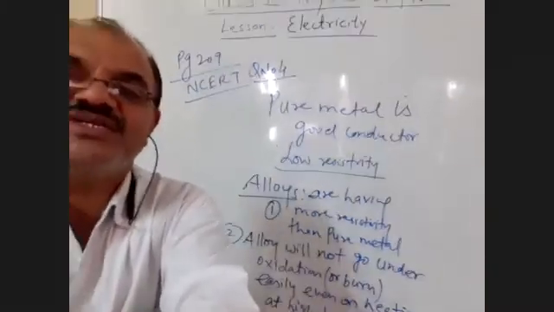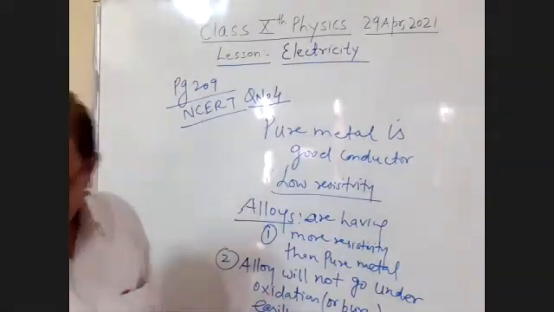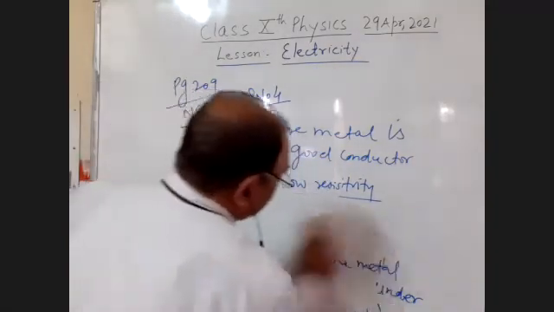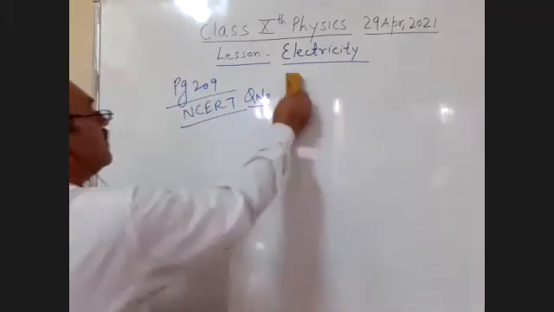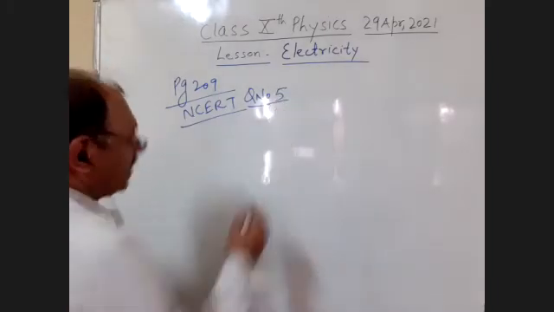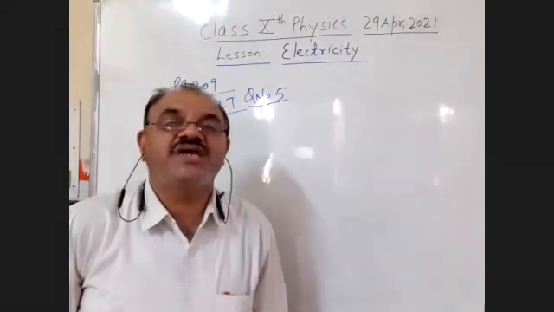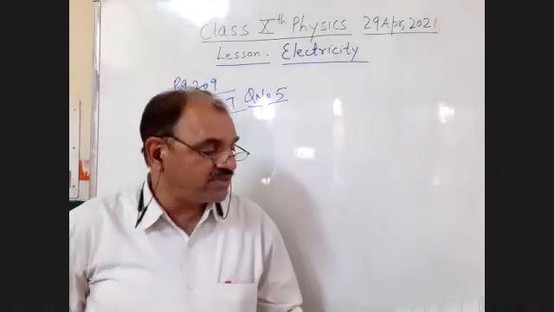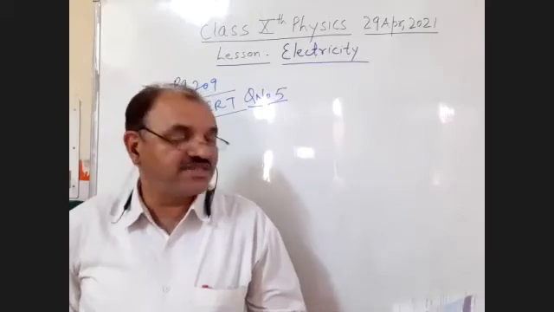Is it clear, students? Answer of your question number 4. Now, students, next question, question number 5. I'll read out the statement. There are 2 parts given. This question is also very, very important for competitive exams and board exams. Students, again, a reasoning question. Use the data given in Table 12.2.